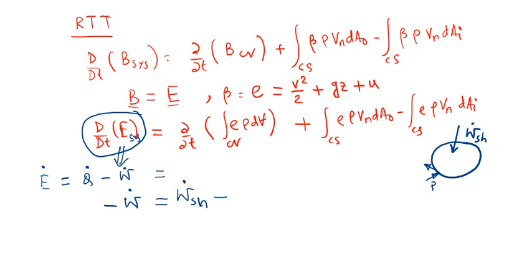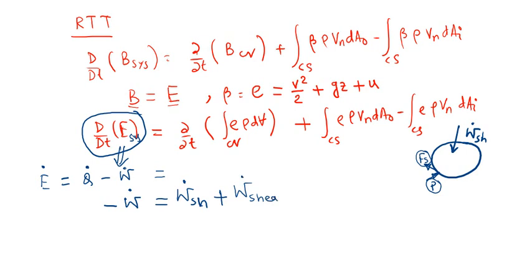Suppose this is the pressure, and here you can consider that some shear force is there, which is tangential to the surface, and the pressure which is normal to the surface. Because of the pressure, work done will be associated. Because of the shear force, work done will be associated, let us consider plus W shear dot,